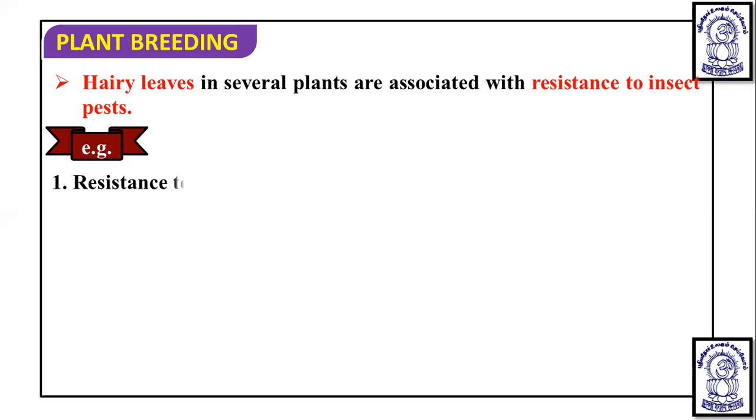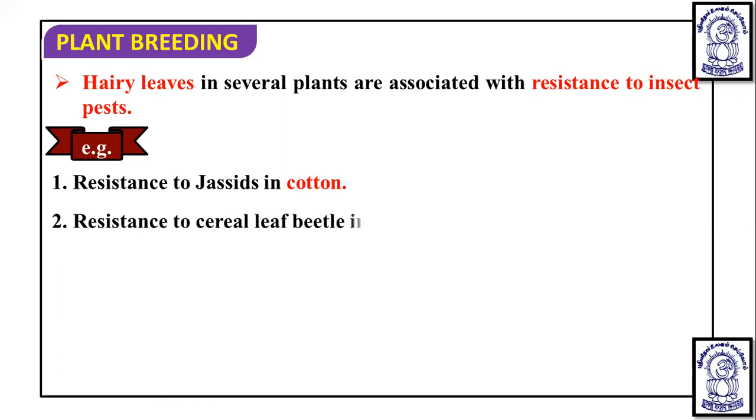Hairy leaves give resistance against the jassids pest in cotton,